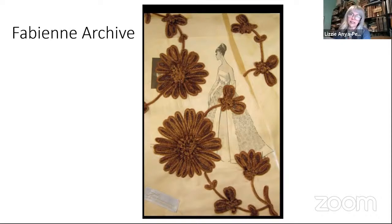And she specialised in Cornelli work, which you can see an example here in chenille, which she would use a Cornelli machine to trace out the pattern. She'd use the butter paper, trace it out with pinning it using one of those wheels and chalk, and then she would use the machine, and that created the basis for her designs. She would then hand embroider over the top of that with beads and sequins and raffia and all sorts of different materials. They're absolutely wonderful,